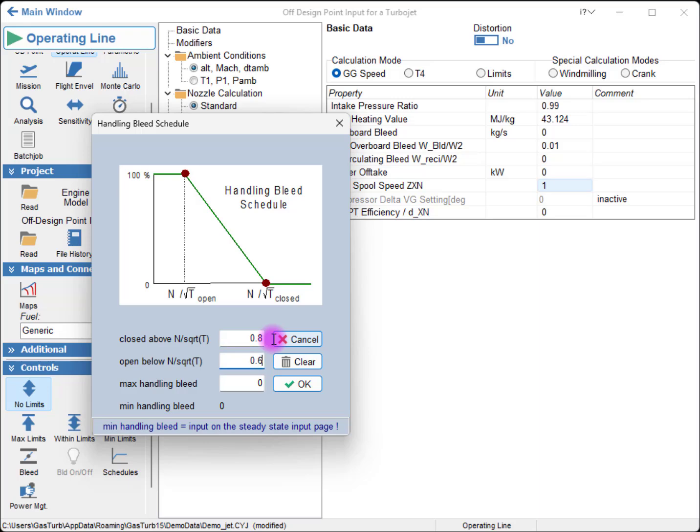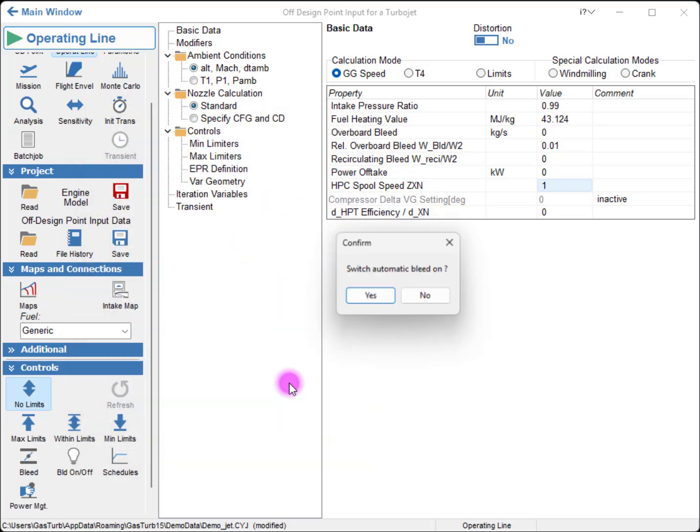Below this value, the maximum relative amount of bleed air will be taken from the engine mass flow. We define this value as 0.3, that is, 30% of the compressor mass flow. As displayed in the graph above, the proportion of the bleed air extracted increases linearly in between the defined spool speeds. Now we close the window.